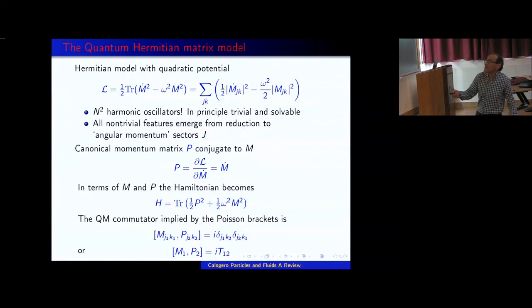I will think of this matrix M as acting on space 1. So if you think of the matrix as an n by n operator, it acts on space 1. So these indices are on space 1. This matrix P acts on space 2. And this commutation relation can now be written as M1 and P2, M acting on space 1 and P acting on space 2. The quantum mechanical commutation between those two matrices is i T12, where T12 represents this element there.